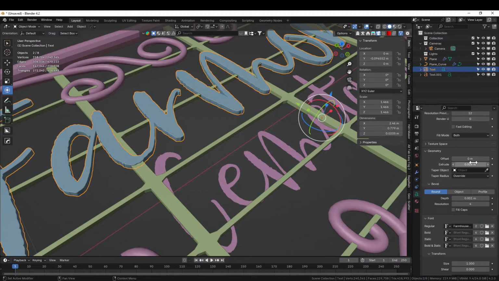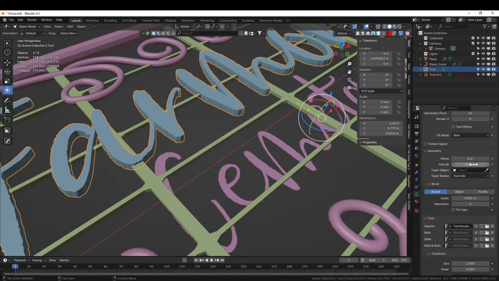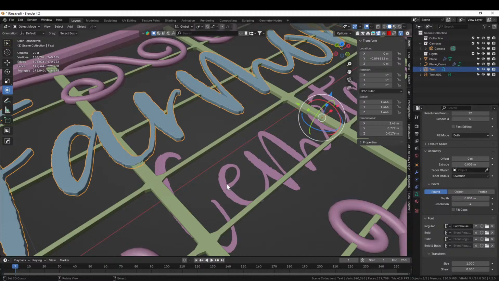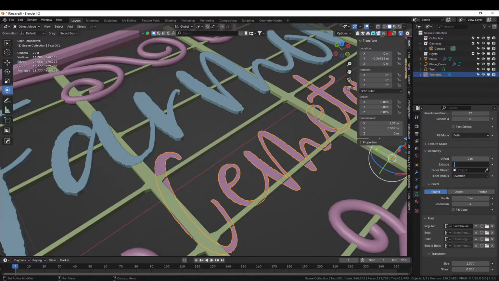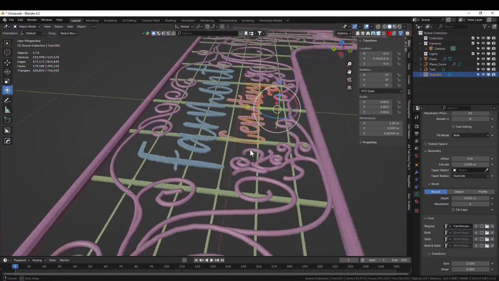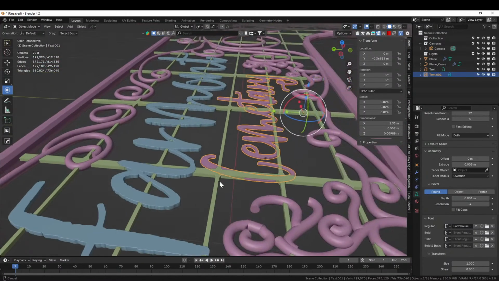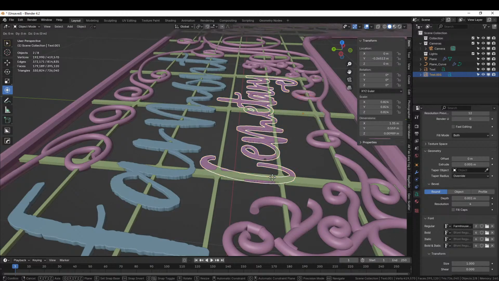And extrusion of 0.01. 0.005. Cool. This one, 0.005, and depth of 0.001. Good deal. Then G Z